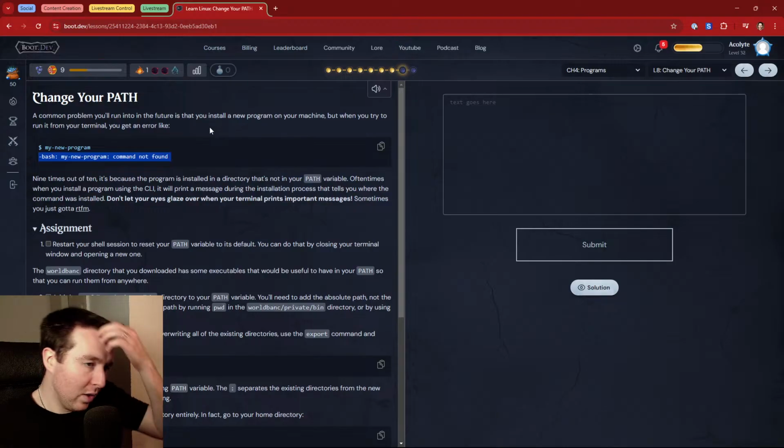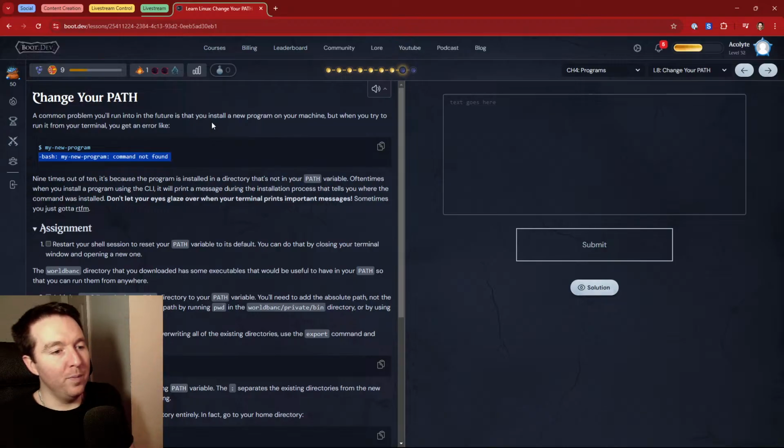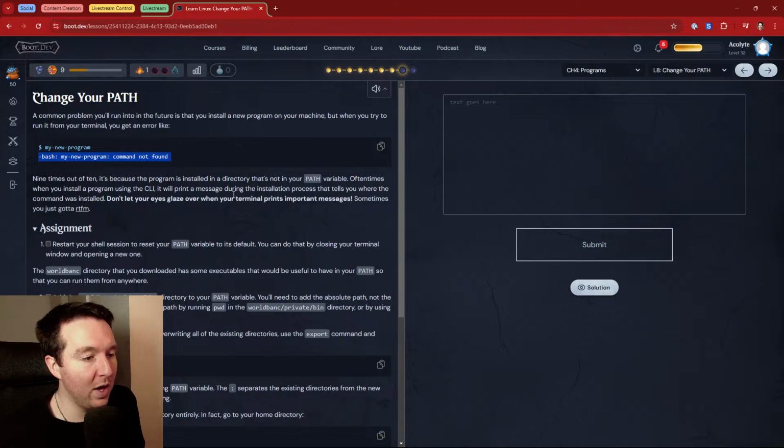Oftentimes when you install a program using a CLI, it will print a message during the installation process that tells you where the command was installed. Don't let your eyes glaze over when your terminal prints important messages. Sometimes you just gotta